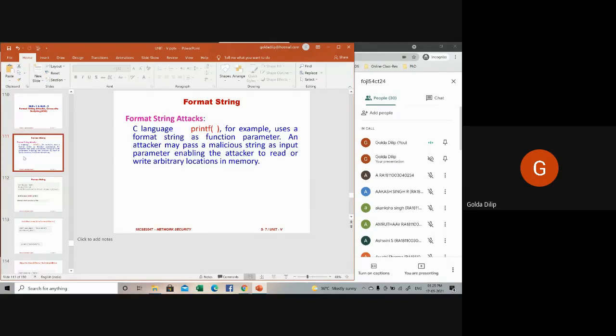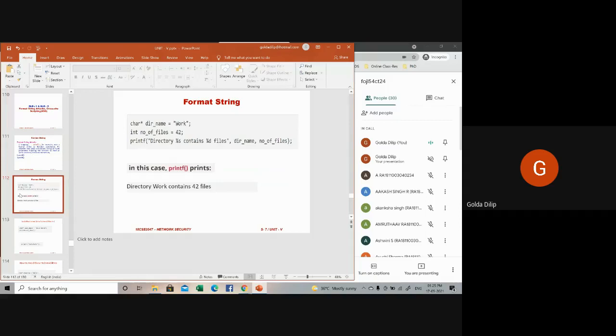For example, you have fprintf, sprintf, and I think vfprintf and vsprintf, and many others. Those who are familiar with the C language will know them. All of this family of format functions are susceptible to these vulnerabilities.